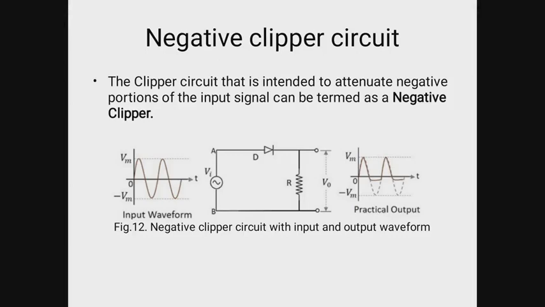So that is how we get the output voltage plus Vm, but we do not get any output for minus Vm. When the polarity shifts from positive to negative, that means the input voltage polarity is negative, the diode is in blocking state, because the P terminal is connected to the negative and the N terminal to the positive, so the diode is in reverse mode. The entire circuit is then in open circuit condition, so the output voltage is zero. That is why the negative peak is clipped off. This configuration is called the negative clipper circuit.